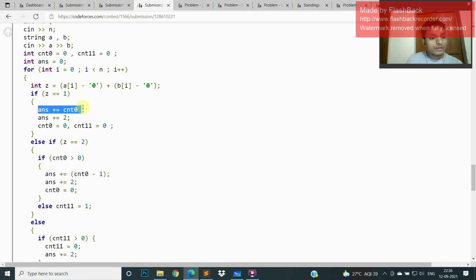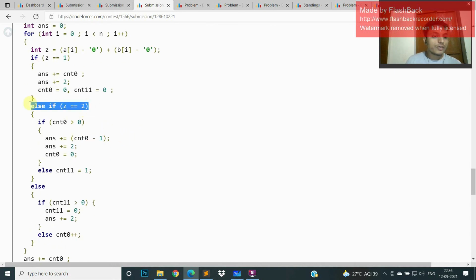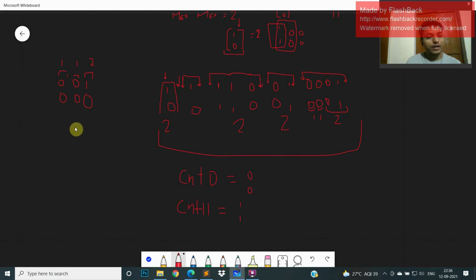So the answer increases by the previously encountered number of 0 0 plus 2 for this substring. Then we start a new substring, so count 0 is set to 0 and count 1 is set to 0.